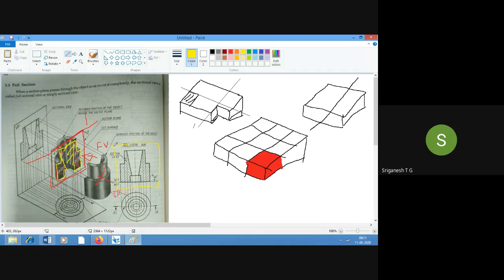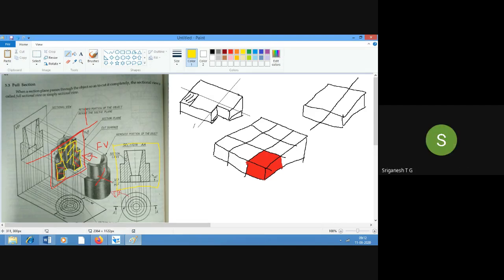Got an idea of what is sectional view? I have not yet completed. Till now you have understood? Okay. Now after cutting, from where are we able to see this sectioning, the cut portion? In which view are we able to see? Front view.